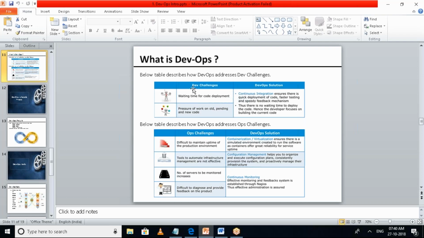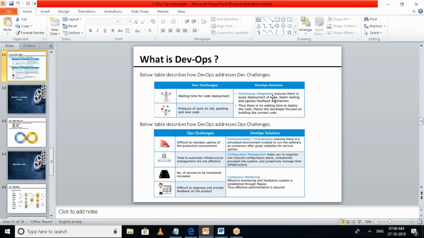But when agile came into the picture, code development became faster, but there is a delay or wait time in the deployment process, because with the operations team and the development team working in silos, there is some gap. Whereas with DevOps, this has been resolved by setting up a bridge between the development team and the operations team, so that they keep on communicating and collaborating with each other.